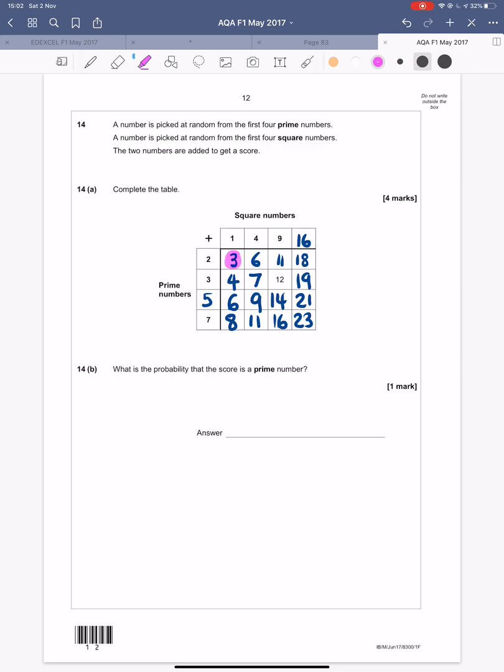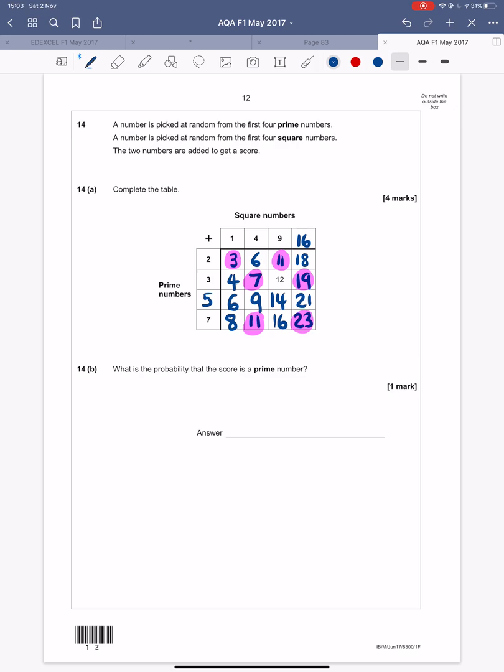So we need to go through all these and find all the prime numbers in here. Now prime numbers have only got 2 factors, one and themselves. So I'm looking for the ones, like 6 is 2 times 3. 18 is 6 times 3 or 9 times 2. 4 is 2 times 2. 12 is 2 times 6. Even numbers are automatically not prime, apart from 2, which is the only even prime number. 9 is 3 times 3. 21 is 7 times 3. So I've pink dotted all the